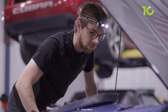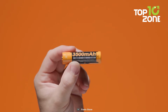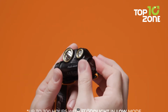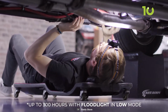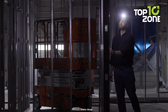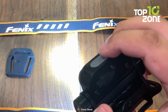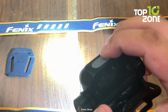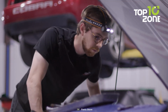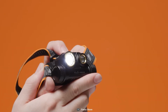rugged paths unburdened. With easily swappable batteries, your adventure seamlessly flows without interruptions, ensuring that the trail remains your sole focus. Enveloping your head in comfort, the headband becomes an extension of your journey, letting you immerse yourself in the experience. The Fenix HM65R, an indispensable companion, elevates your night hikes, casting aside the shroud of darkness and illuminating your